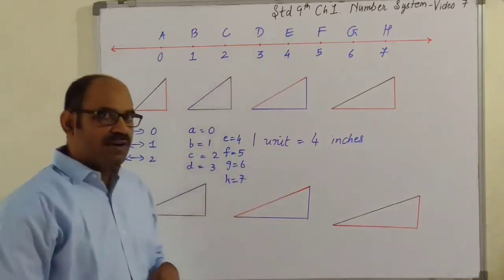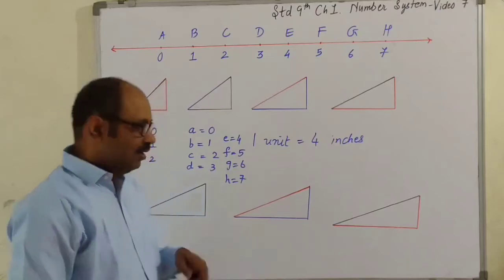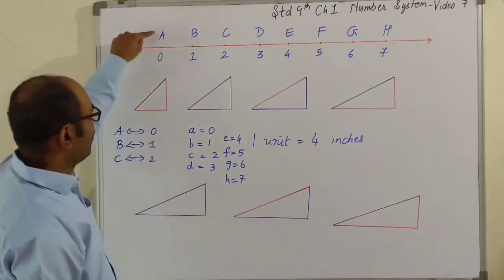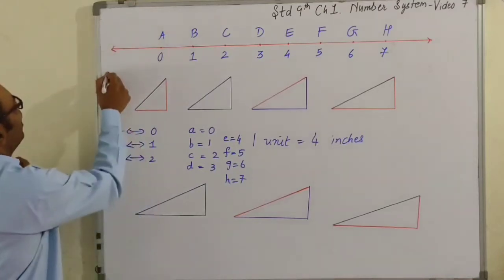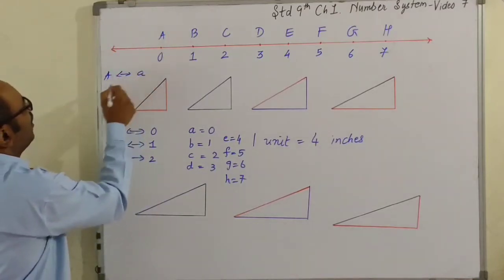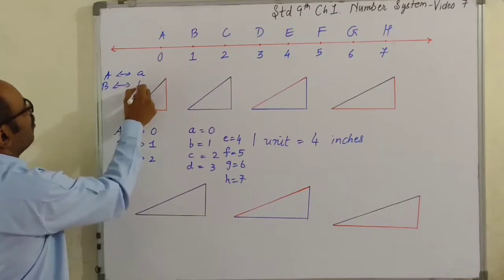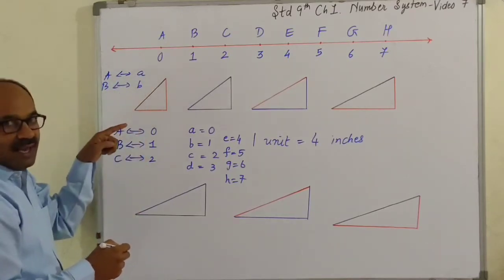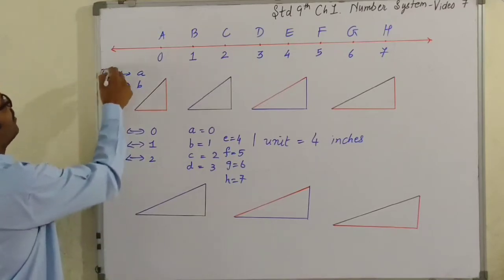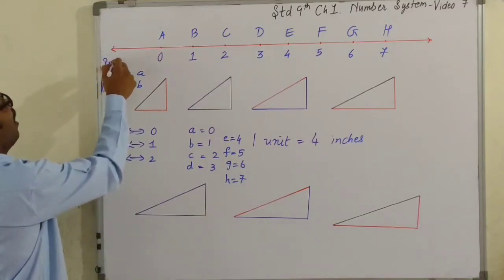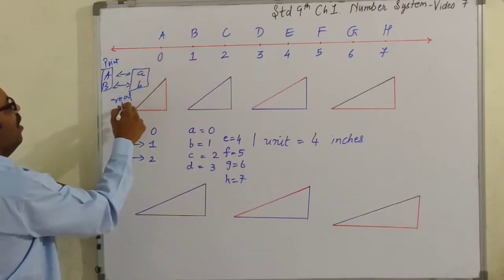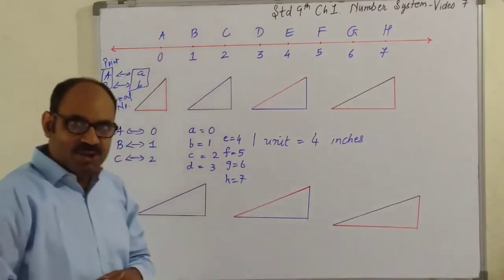Small letters are used for representing real numbers. Capital alphabets are used to represent point. So the real number, you can say this, A corresponds to small a, B corresponds to small b. When you don't know them, here you know 0, 1, 2, 3. Correct? Capital letters represent point and the small letter represents real number. Is that clear to you?